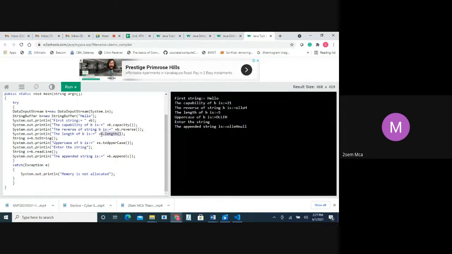Okay. Now we are finding the length. Length of our string. What is the length of our string? How many characters we have? 1, 2, 3, 4, 5. So 5 is printed. Okay. So now after that, convert that to uppercase. So whatever we have taken, O-L-L-E-H, that should be converted to capital letters. It is done. Okay. So now these two lines, because it is an online tool, I didn't enter anything. So what it is appended, by default it is appended as null.